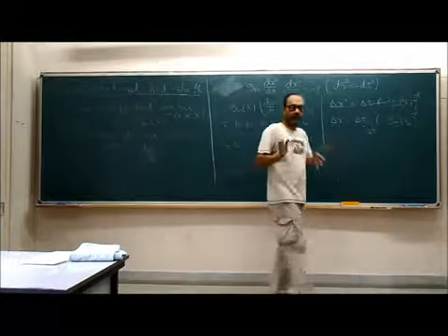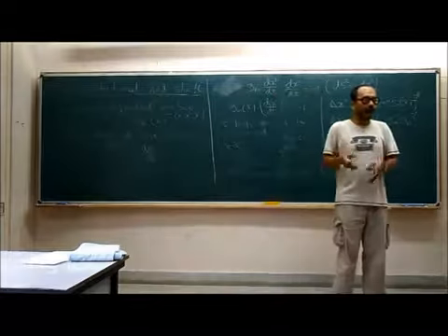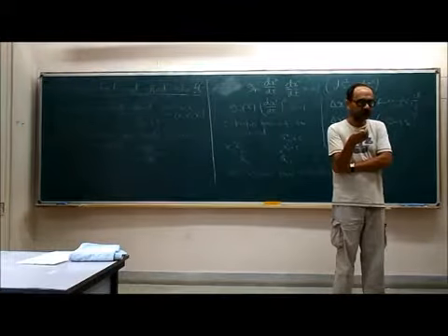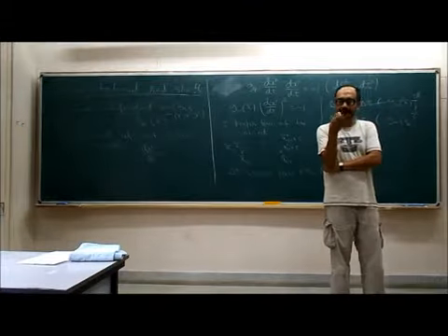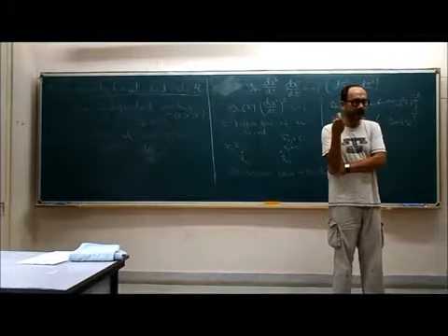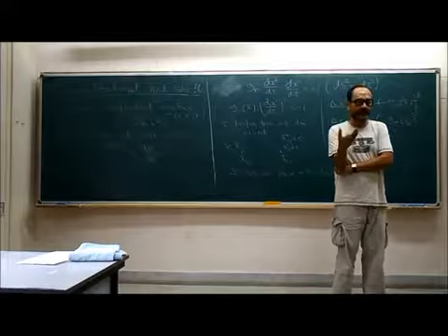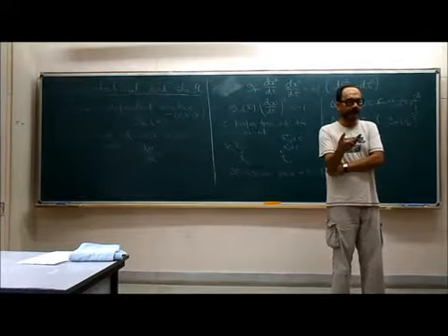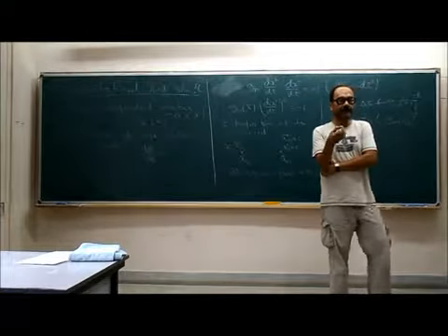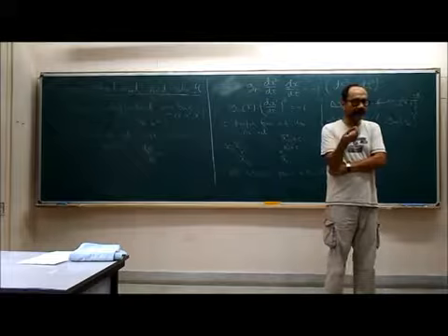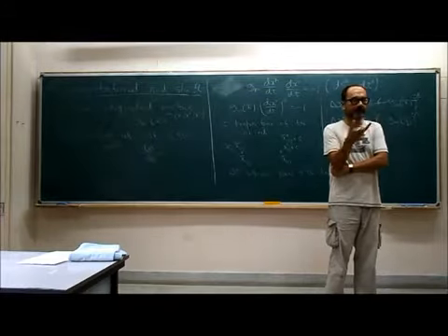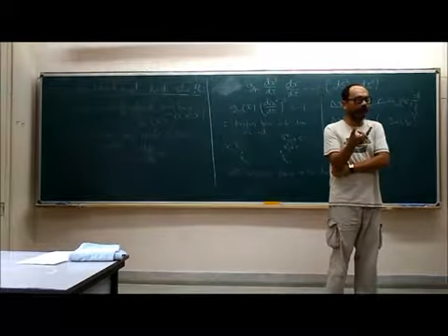But now we have to convert this into proper time of the observer sitting at x2. Is this clear? Two successive signals are reaching us, that we are seeing as the ticking of the clock. But now let's see what it feels like as measured in the proper time of the observer sitting at x2. Why is it relevant? Because the clock that the observer at x2 is carrying is clicking according to its proper time. It will click at an interval of delta tau in the proper time of that observer.